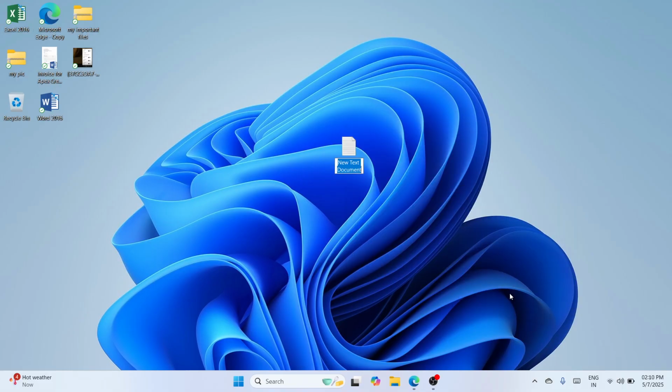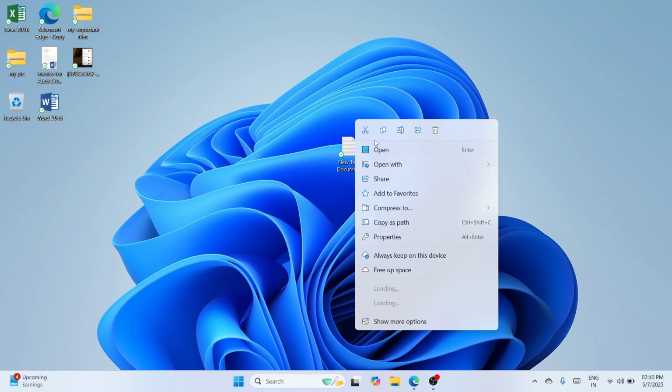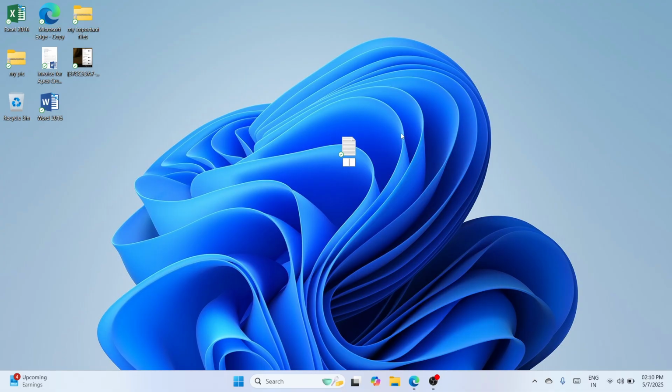So tap on it, and in that way, it will ask you to rename it. Okay, so all you need to do is make a right click and go with this rename icon, click on it, and you can rename that into whatever name you would like. In my case, I'll be renaming it sample. Okay, so the moment you have created a new text document, you can double tap on it,